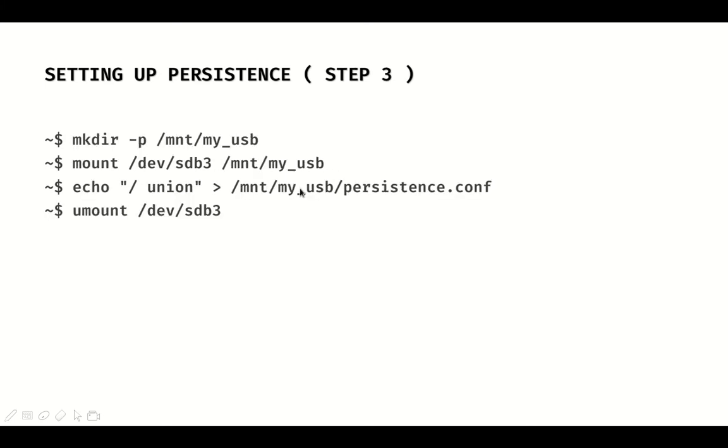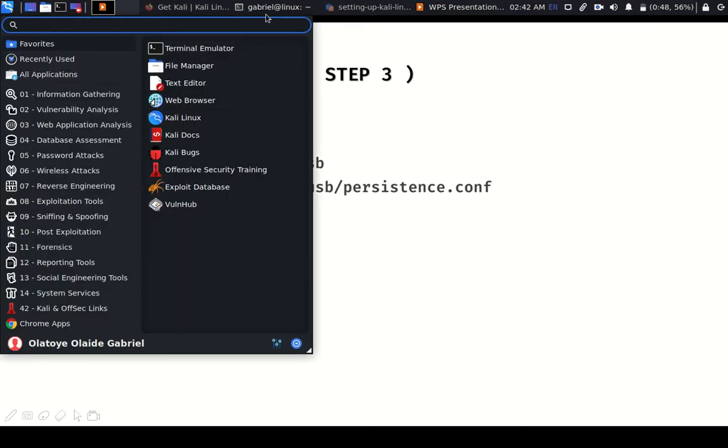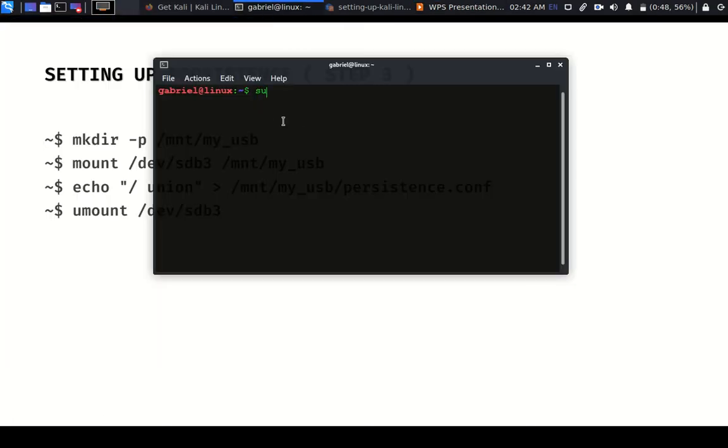Just in case you run into permission issues, if you see anything like permission denied, I've told you before, all you have to do is use su, followed by tag, that's all. Then you press enter. If it asks for a password, you type Kali, which is not going to work on mine because Kali is not my own password. Or you press root, and once you have everything set up already, then we are